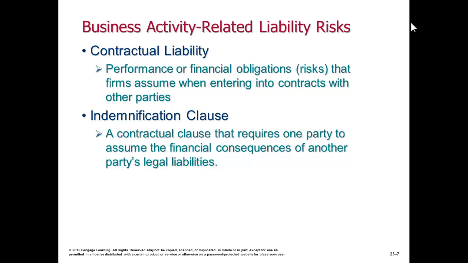Contractual liability is a risk that can appear in contracts, and in fact it often appears in contracts. For example, in the terms and conditions of a contract, it may spell out exactly what constitutes a default on the contract, and once you're into a default situation, then all kinds of liabilities begin to rear their ugly head. So you have to be very, very aware of risks that are contained just within the simple process of signing or agreeing to a contract.